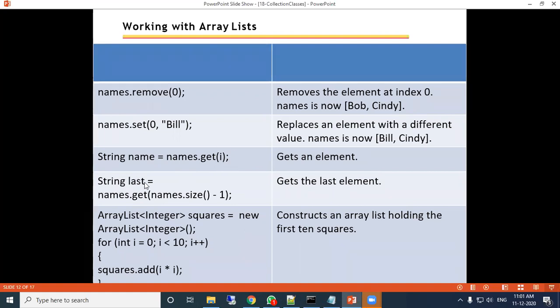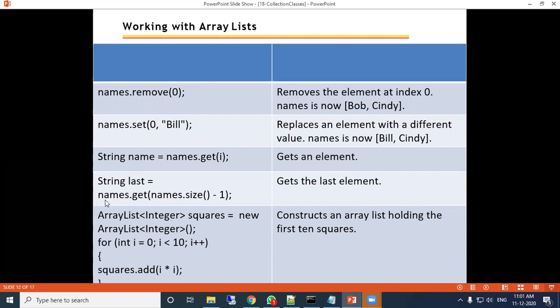Next, String last = names.get(names.size() - 1). The size method returns the size of the array. Suppose in this example the size is 3, but the index position is size minus 1.